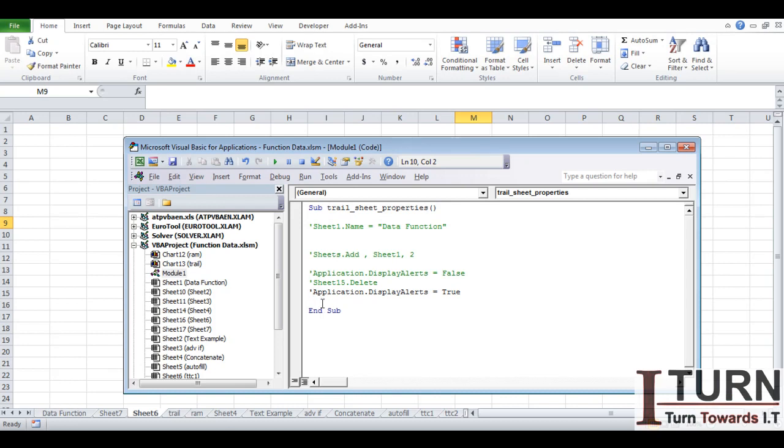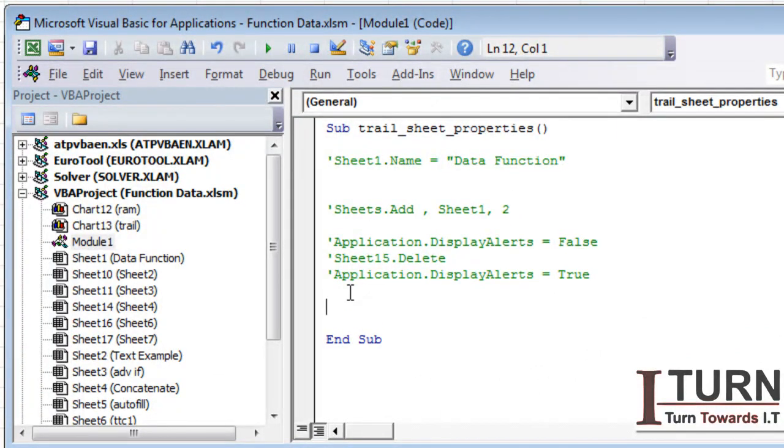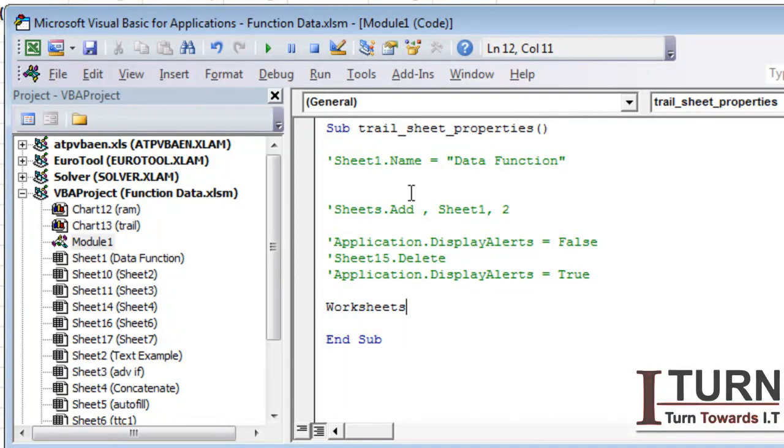Now the next method that we are going to understand is how to protect any sheet. For that matter, I am considering this data function sheet, which is Sheet1, and I'm going to refer to it now with a different method, which is Worksheets. It's not compulsory, however you can make use of any of the methods which I have told you. Worksheets, then data function